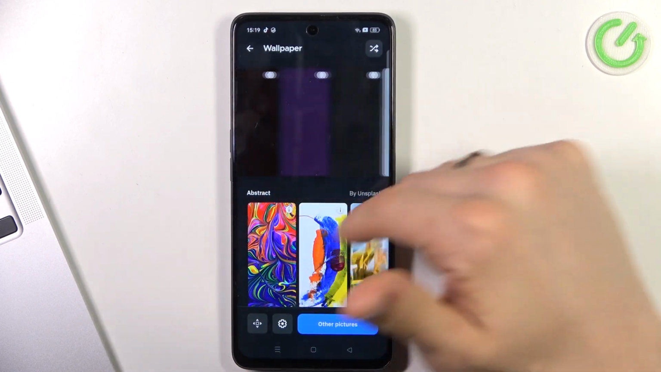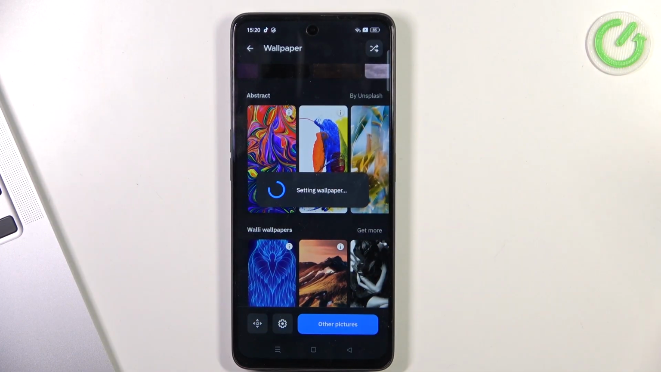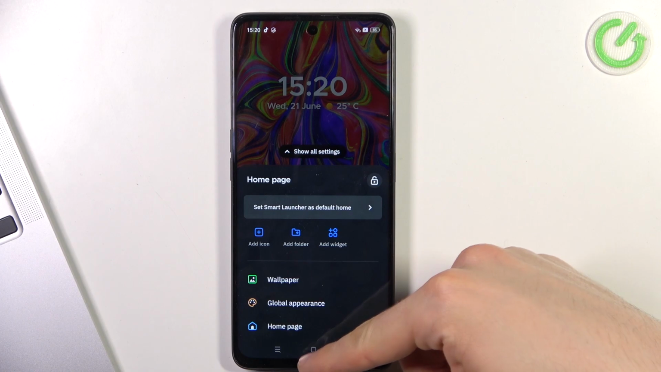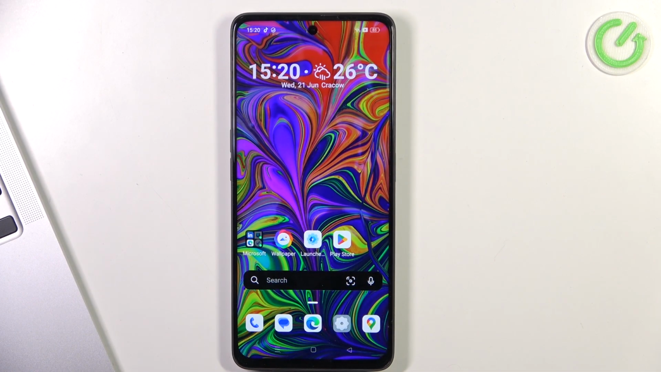So as you can see, I have new wallpaper set, and I, for example, want to use this wallpaper, and it's really great, it's really beautiful, it's really cool. So cool. And on the third place in my top, of course, is Microsoft Launcher, because it's very functional, so